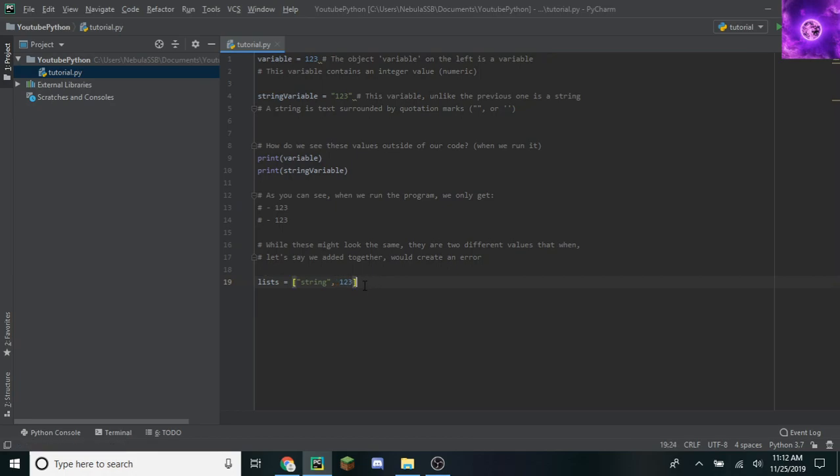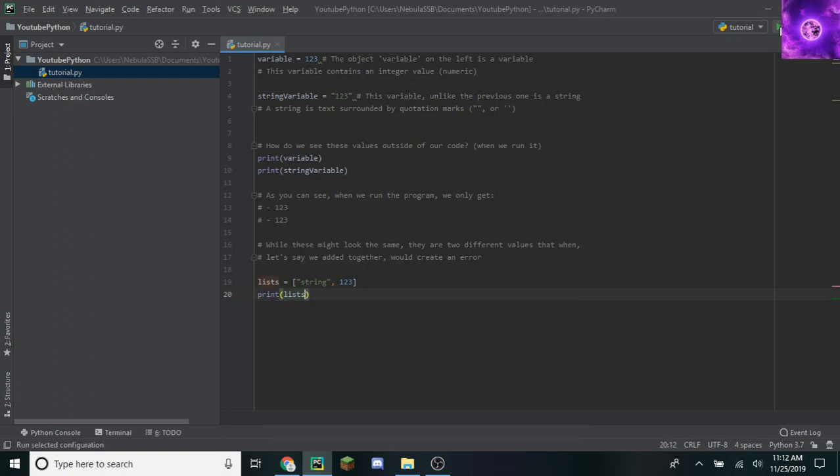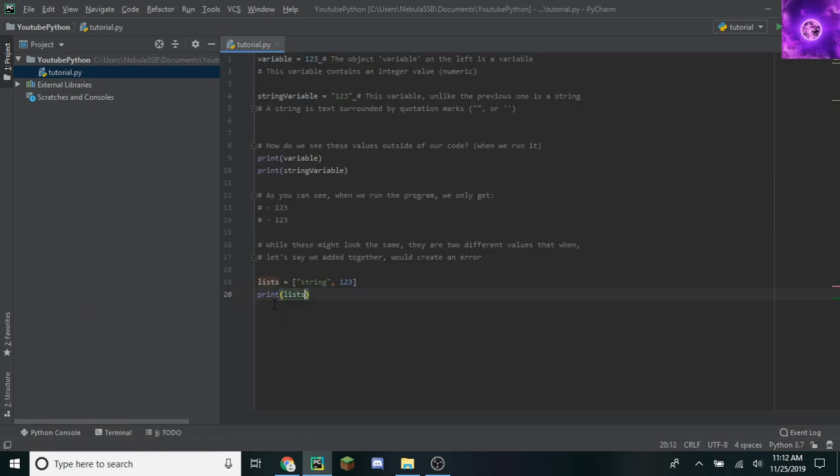So now if we come down here and we print lists, save that, run it, then it prints the lists with its hard brackets. It gives you the string, gives you the 1, 2, 3, and it works. You can also substitute in variables into here.